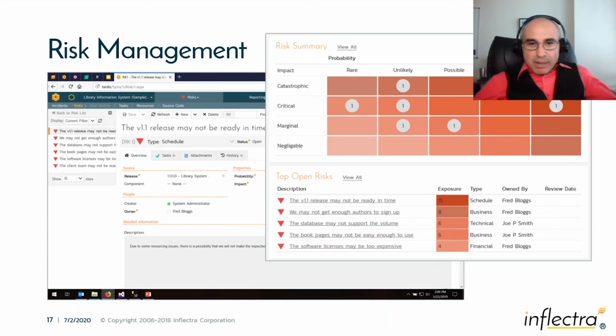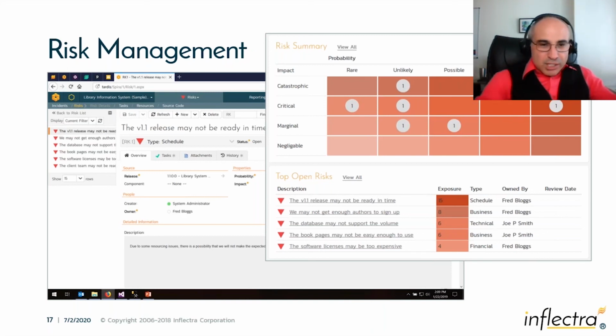You can categorize them by probability on the top, by severity or impact on the left, and we put those together, and that gives us our exposure, and that's how we can determine how bad it is. The highest exposure risk will be one that's certain and catastrophic on the top right. On the bottom left will be a negligible and rare risk. And so we put those values together, give you an exposure score, and then you can see that in the risk register. And so this dashboard has new widgets, which is the risk cube on the top and a risk register underneath. I'll show you risk management in the tool live, but you do have the ability in the system,